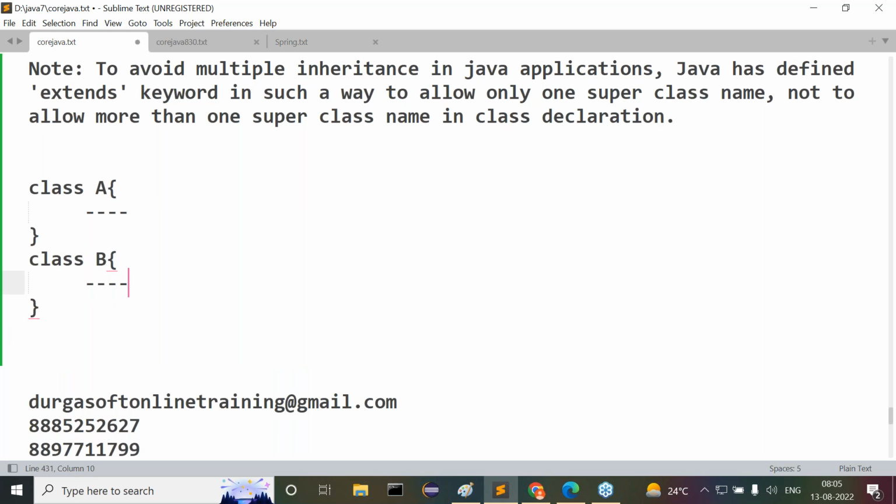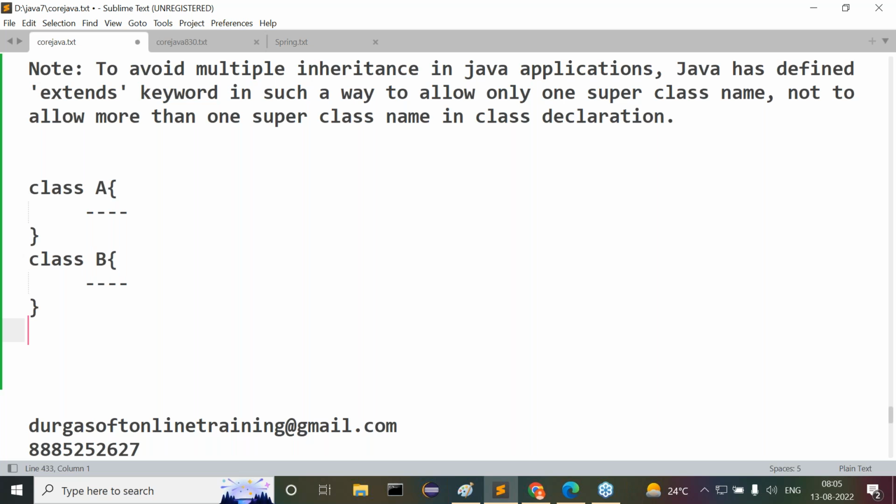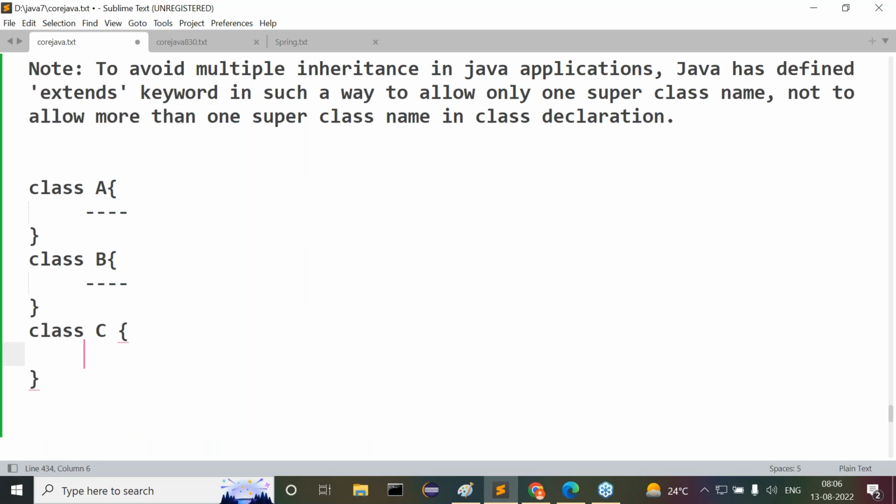And some declarations already exist. Okay, fine. Now my point is what? Class C. When I have taken this class C, inside this class C declaration, if you provide the extends keyword, and along with this extends keyword, if you say